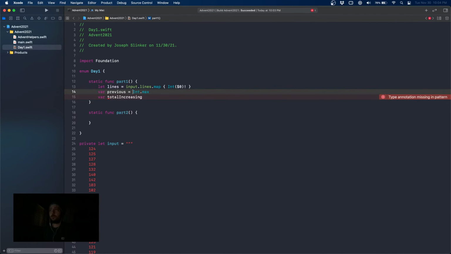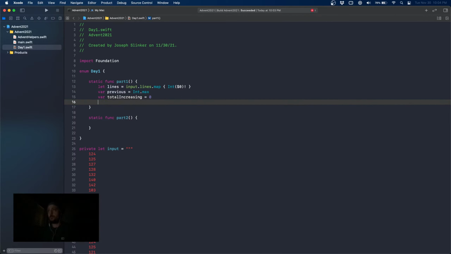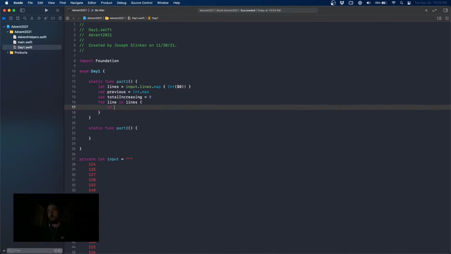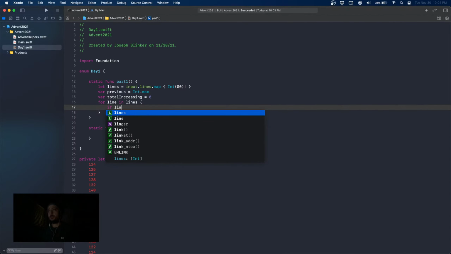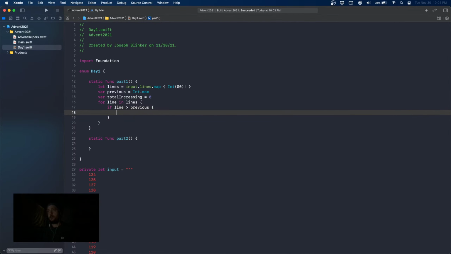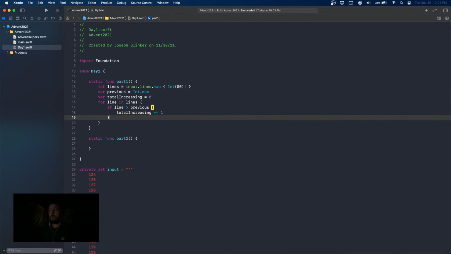Total increasing equals 0. And then we're going to say for line in lines, if line is greater than previous, then our total increasing goes up by 1, and then